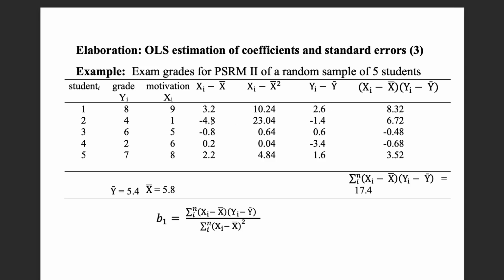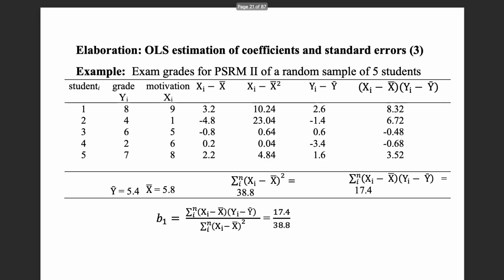Minus 4.8 times minus 4.8 works out to 23.04. Again, minus times minus results in plus, a positive number, which is exactly why we're doing that. So we're getting rid of the negative numbers, translating this into a squared scale of only positive numbers. And again, we can do this for all the individual students. We get the squared deviation scores on motivation for all the individual students, and then we need to take the sum of that as well, because that is what's asked of us on the bottom of that fraction, and that works out to